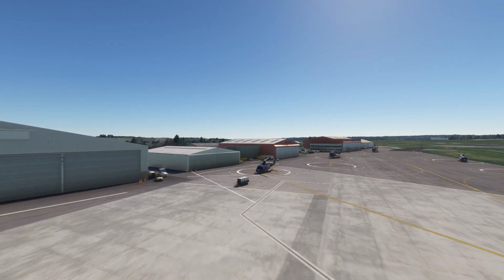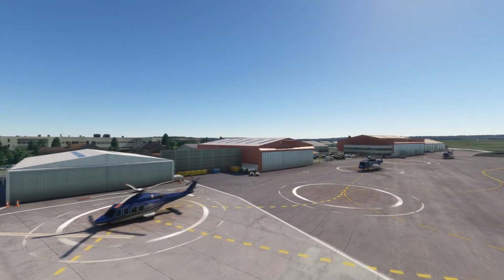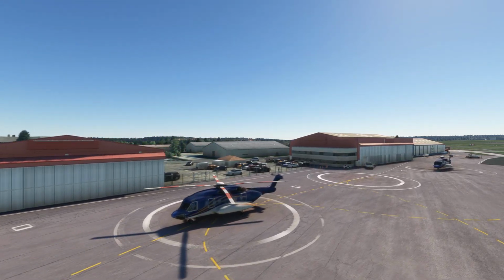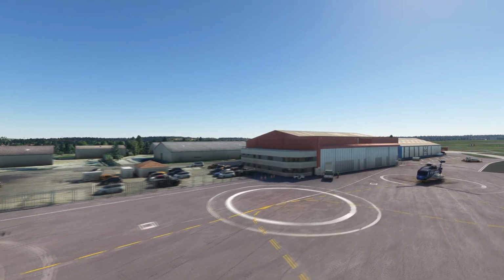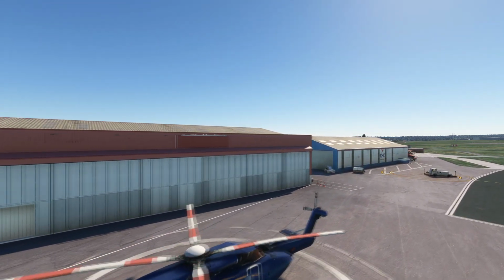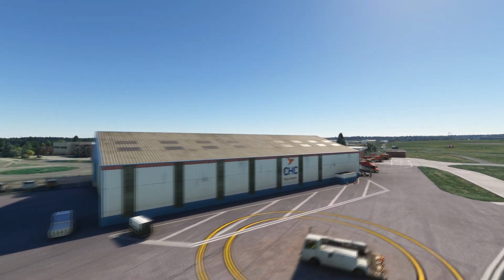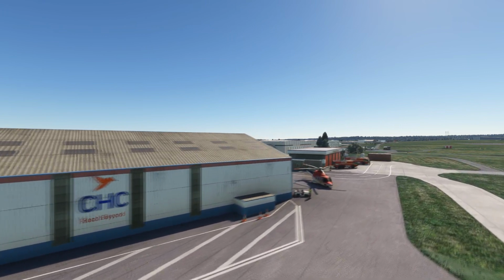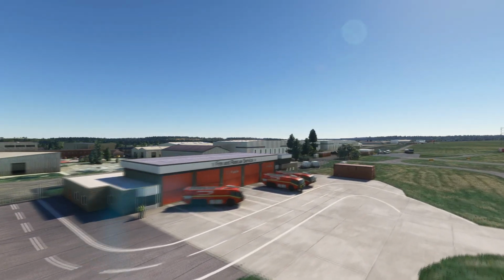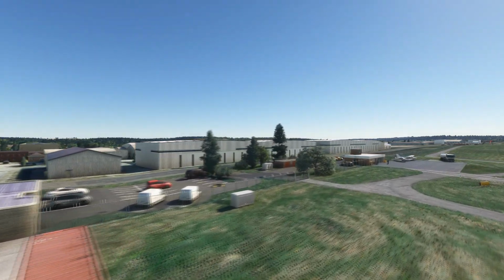Again, various helicopters. It's really nice. This is the CHC building. I mean, this airport has everything. It really is very finely detailed. There we've got the fire station, which looks really good. Various buildings landside, and then